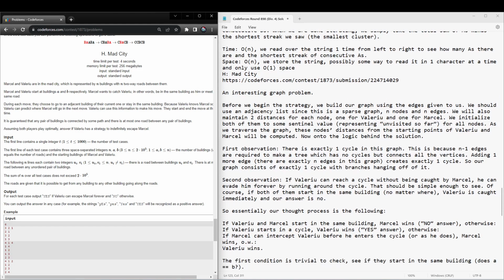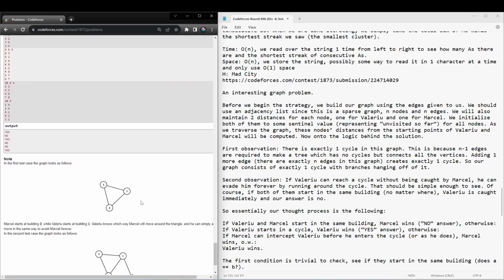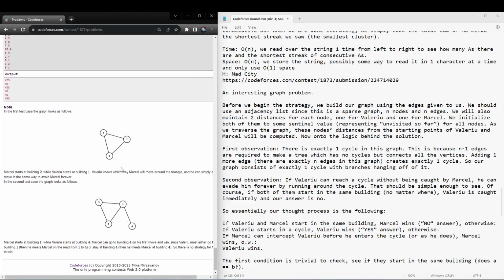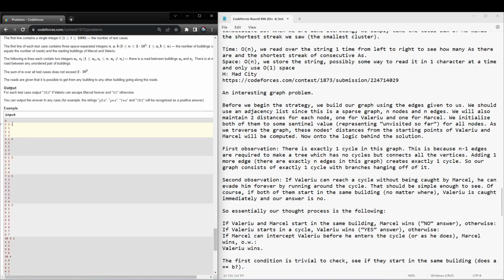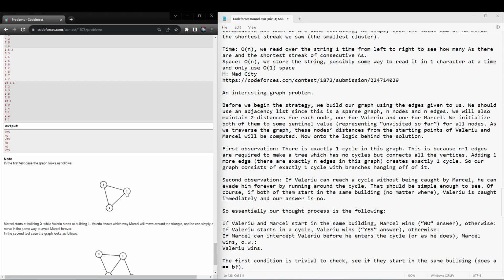Okay, second observation. If Valeriu can reach a cycle without being caught by Marcel, he can evade him forever by running around the cycle. So in the example they give here, if Valeriu starts at 1 here, and Marcel starts here,